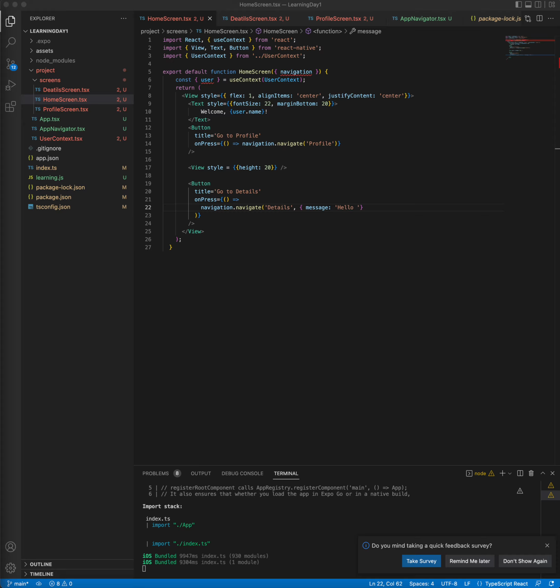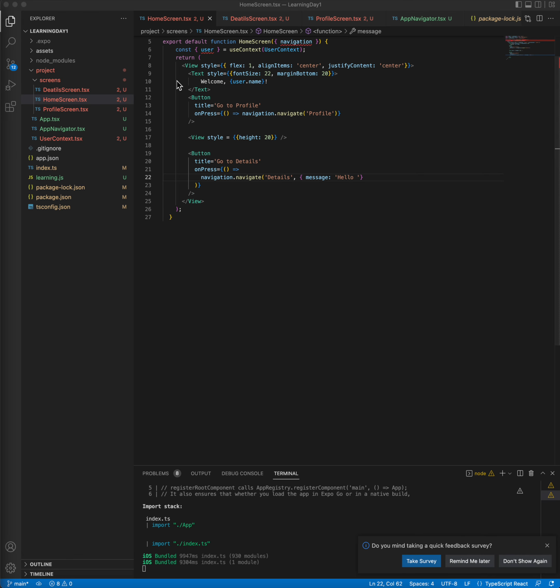In day 7, we'll connect your app to real APIs, fetching data from a server